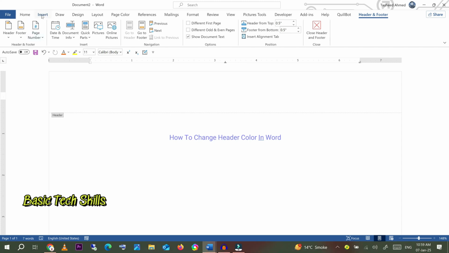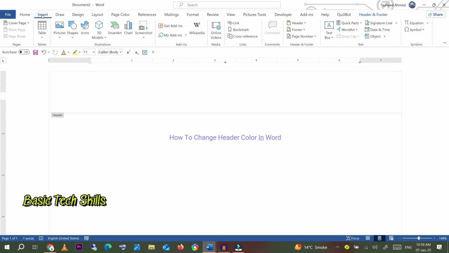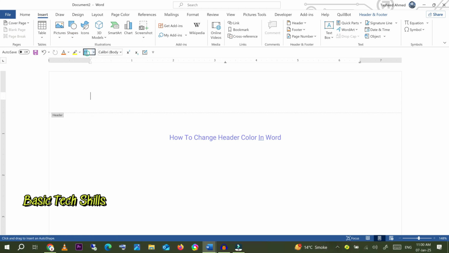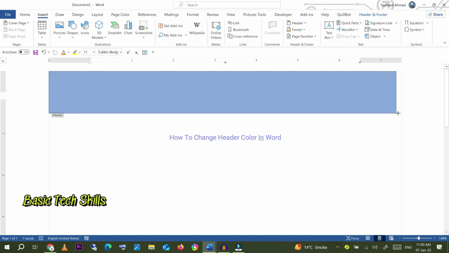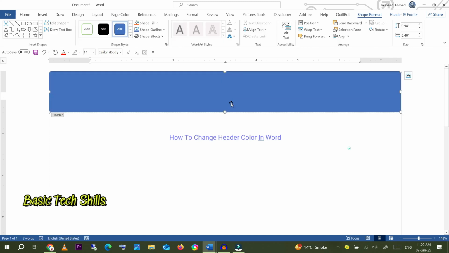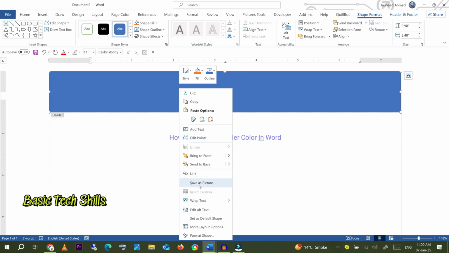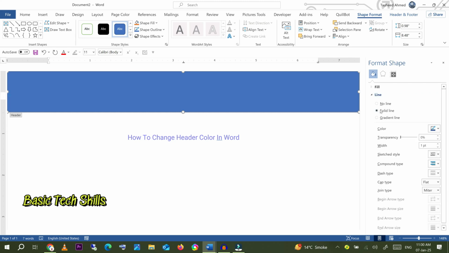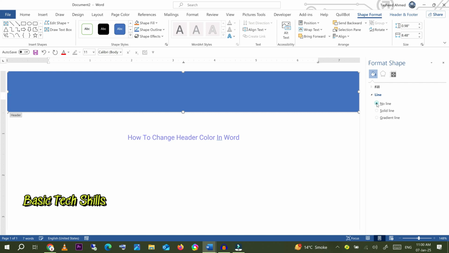And then go to Insert again and click on Shapes and click on the rectangle shape and draw the rectangle shape. After that right click and go to Format Shape, and here you need to click on Line and click on No line,